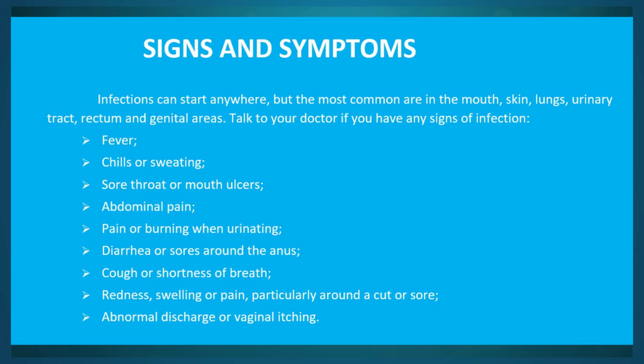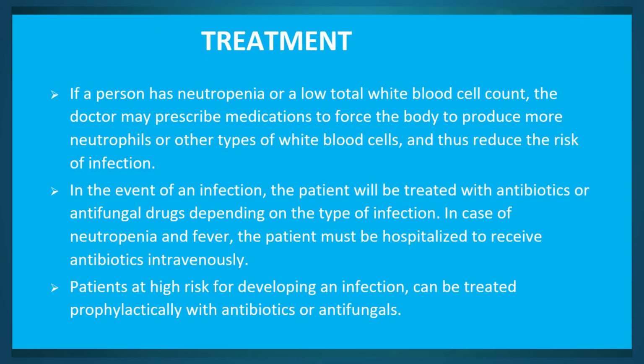Fever, chills or sweating, sore throat or mouth ulcers, abdominal pain, pain or burning when urinating, diarrhea or sores around the anus, cough or shortness of breath, redness, swelling or pain, particularly around a cut or sore, abnormal discharge or vaginal itching. Treatment. If a person has neutropenia or a low total white blood cell count, the doctor may prescribe